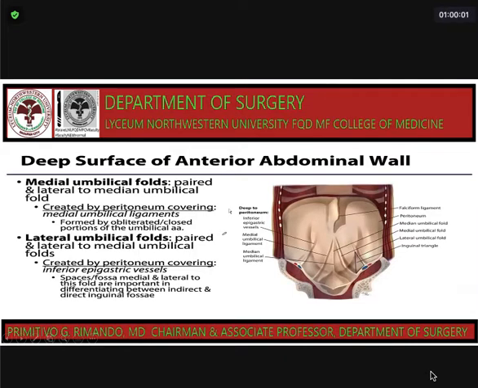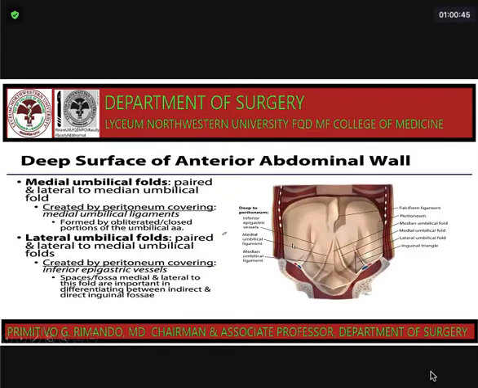So at the deep surface of your anterior abdominal wall, we have what we call your folds. There are folds that we see. We are going deeper and deeper now, and this is a view from inside. If you were to remove the anterior abdominal wall, this is your view from inside, or from the posterior. So if this is your umbilicus,